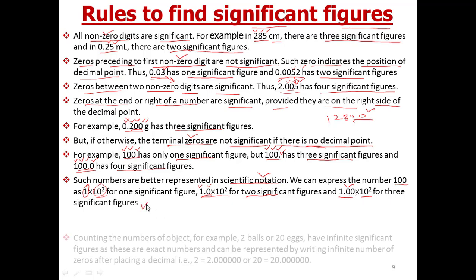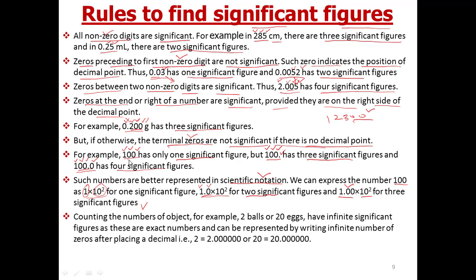Let us revise these rules first. It says that all non-zero digits are significant. We did an example. The only thing was about zeros, sometimes they are significant, sometimes they are non-significant. So the first rule is that the zeros before non-zero digits are not significant. The zeros before the first non-zero digit are not, like in this number the first non-zero digit is 3, so the zeros before this are non-significant. And the zeros between two non-zero digits are significant, like these two zeros, they are between two non-zero numbers, so we can say these two zeros are significant.